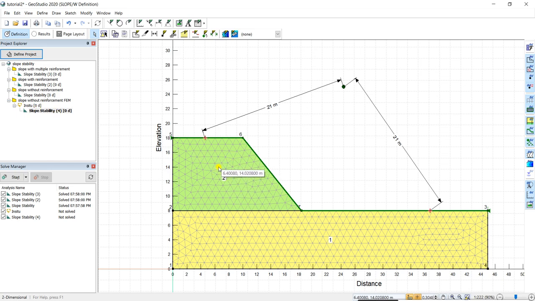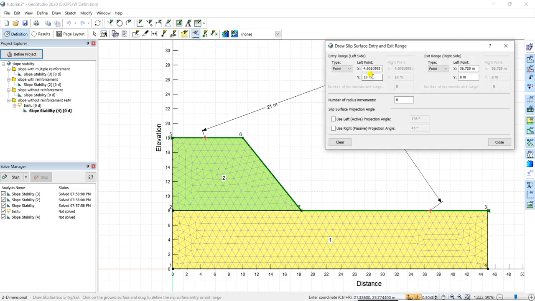What next you have to do is define the entry and exit points of the failure surface, and the point of center of rotation if you need it. You can define these by going to draw entry and exit points.